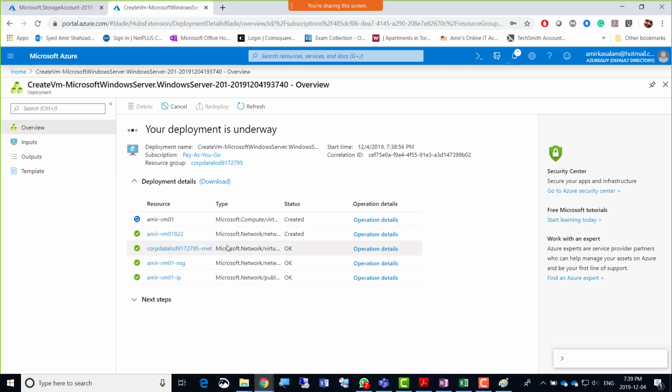So if the machine is created, then only we can do anything right now. And the virtual machine is still creating.